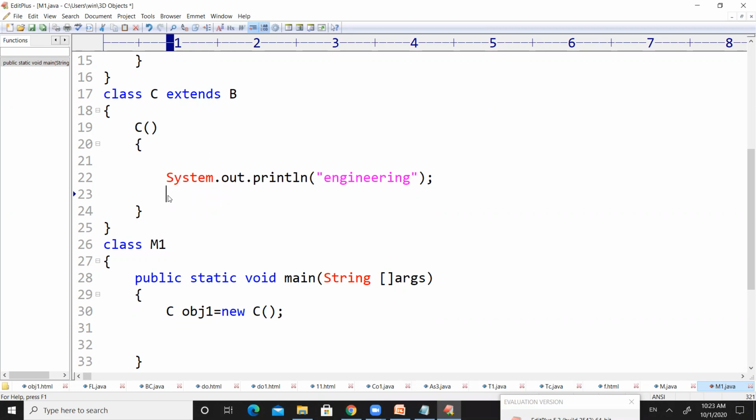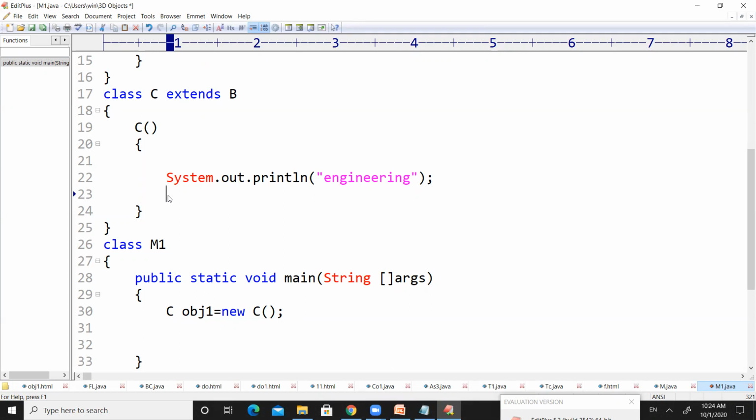So if you create an object for a subclass, the superclass constructor will also get executed. It is better to write the super keyword, or else the Java compiler will automatically add it for all the constructors.